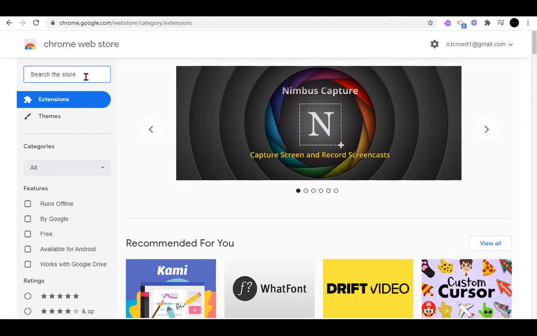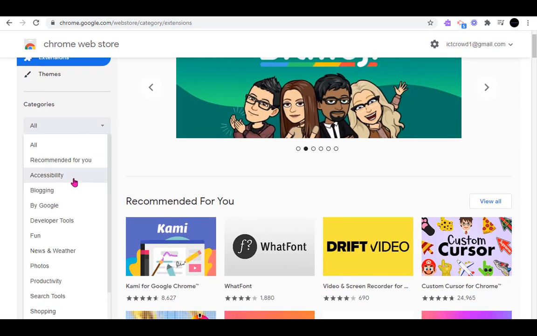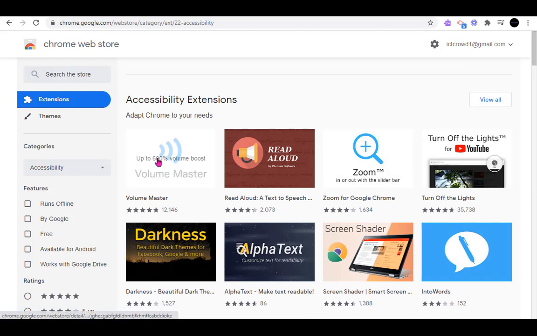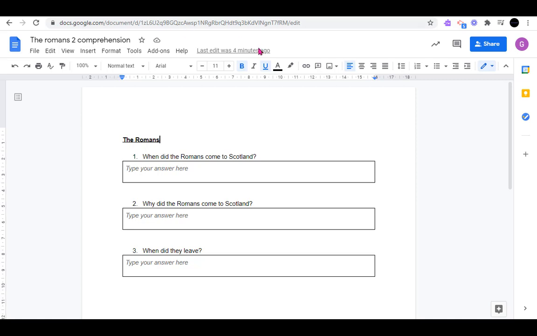That'll take you to the Chrome Web Store, and you can search for whatever sort of tool you need to find. So there's lots of different ones. You might want to go into accessibility and see what is available. You can add these to your browser that you're accessing the web on, and that might support your learners accessing docs because it's added to the browser. The one I'm using, Read and Write, is a free